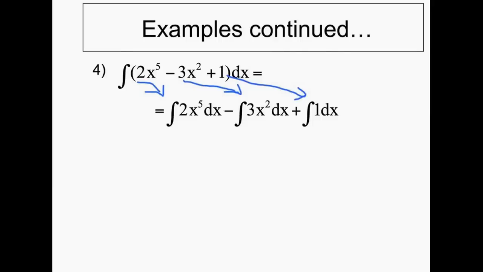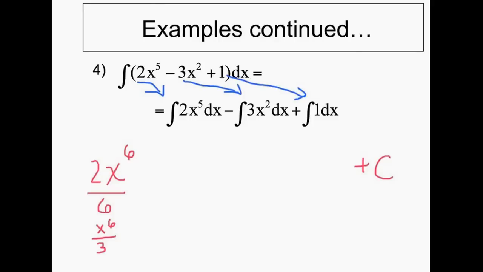And what we're going to do now is just go through and anti-differentiate, and as we do that, we know that we'll be thinking about the constant, but we can tack on our constant way down here at the end. All right, so in the first one, 2x to the 5th dx, that's going to become x to the 6th. My 2 is in front. I'm going to divide by 6. And some of you might be saying, well, you can reduce that. So if you're at that point where you'd like to reduce it and say x to the 6th over 3,